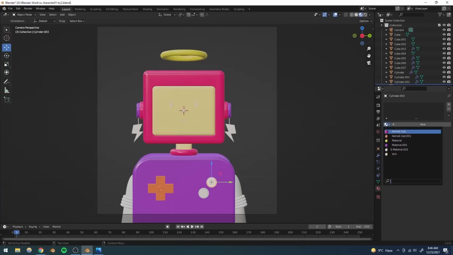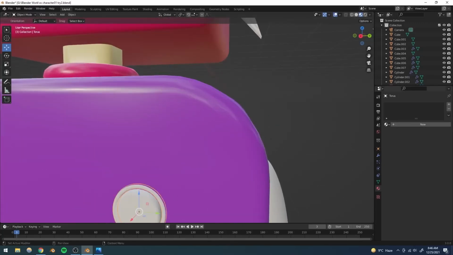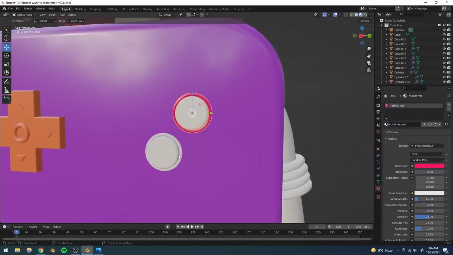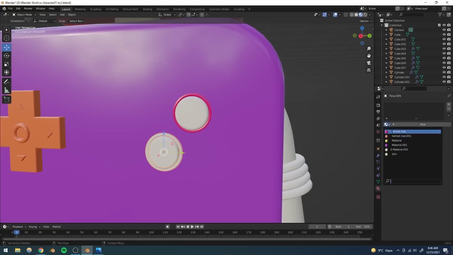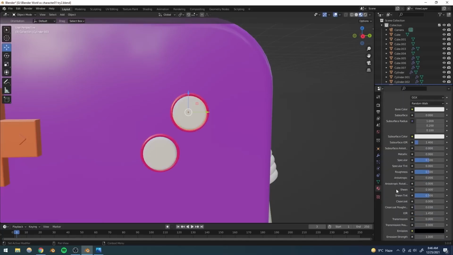let's add the helmet material to these. Oops, not that cylinder, I meant to select these rings. Let's add the helmet material to this and to this as well. Perfect. And now to these, what we're going to be doing is that we're going to be adding an emissive